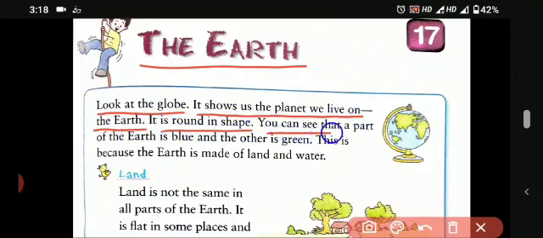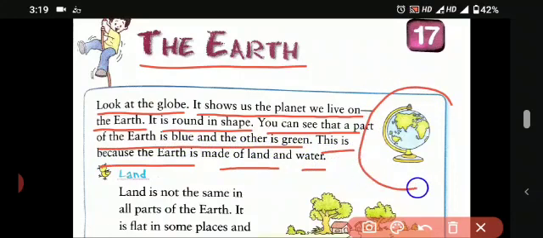You can see that a part of the earth is blue and the other part is green. This is because the earth is made of land and water. So students, as you can see the globe here in the picture, it is round in shape.